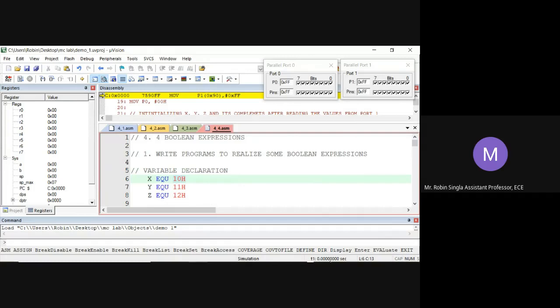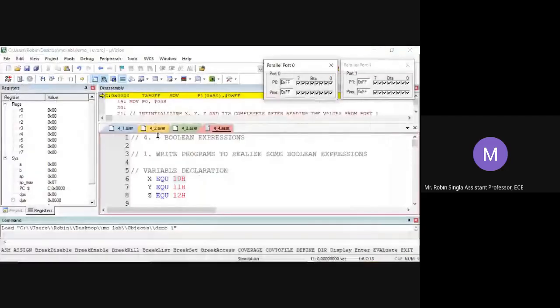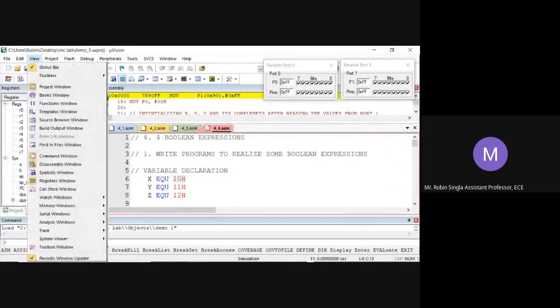Where is 10H bit memory location? You just see in your manuals if you have. 10H memory location is at 22.0. Now we'll open a memory window as well.